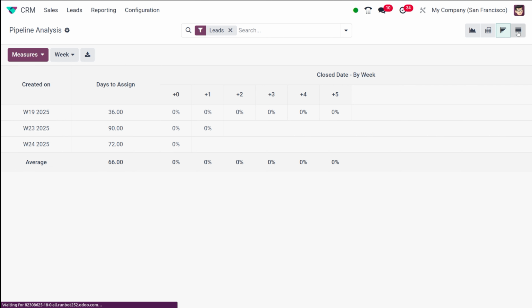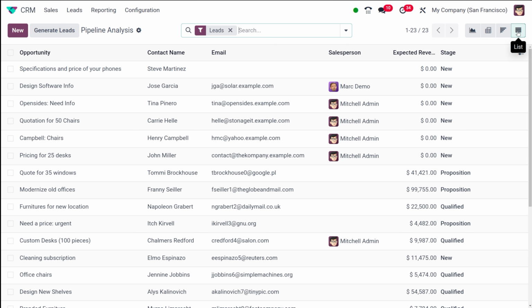Then finally, we have the list view of the very same thing, that is the pipeline analysis. So it shows the opportunity, the contact name, the email, the salesperson, expected revenue, and even the stage. And that's the wrap up to the deep dive into pipeline analysis in Odoo 18 CRM. By mastering these reporting tools, you can transform your raw sales data into actionable insights, optimize your strategies, and ultimately